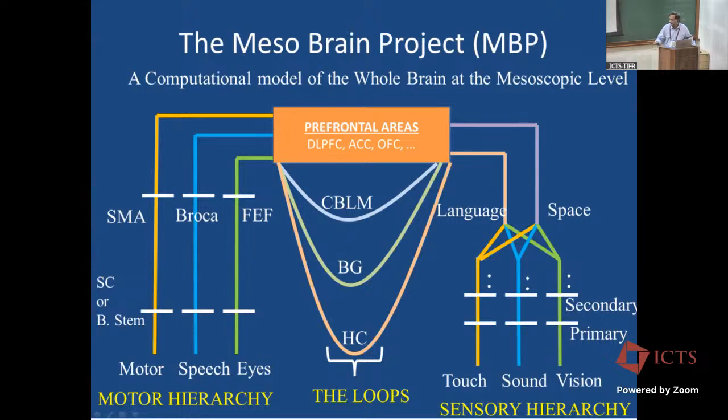Because at this level, we want to model the brain capturing all its main structures. So you'll have the sensory inputs climbing up, the motor outputs climbing down, the prefrontal areas for decision making, and the three major loops, basal ganglia, hippocampus, and cerebellum. It's a tall order. I mean, anybody who knows anything about neuroscience will say that this is, come on, give me a break. But instead of launching one grand project which will construct everything with a $100 million kind of budget, we've taken pieces of it and are building different pieces over the years.